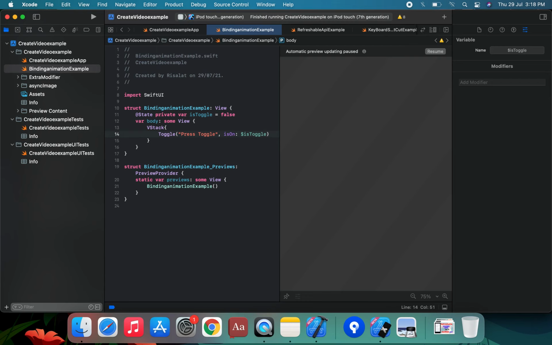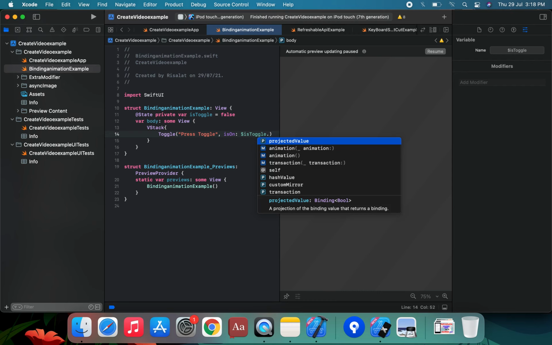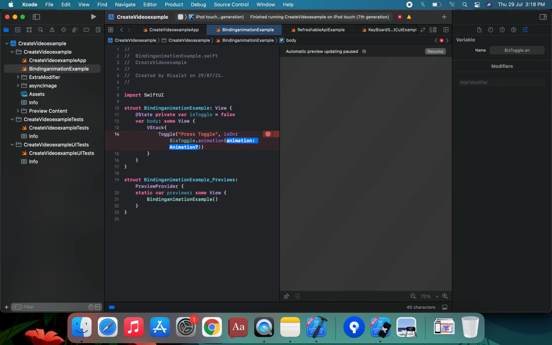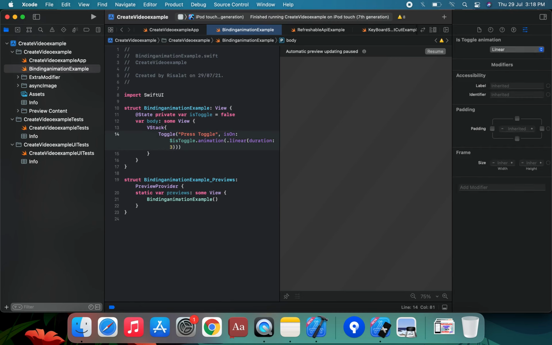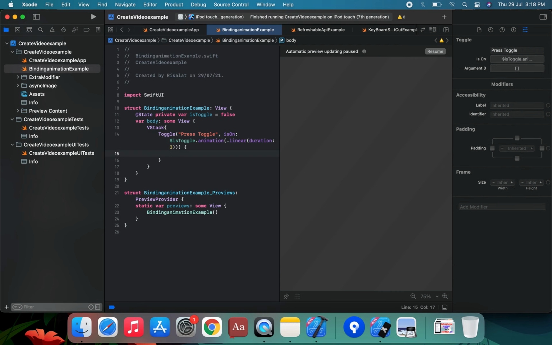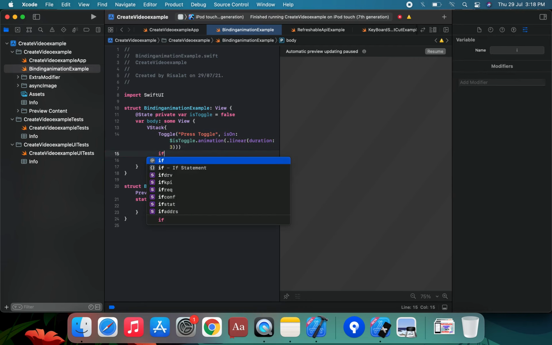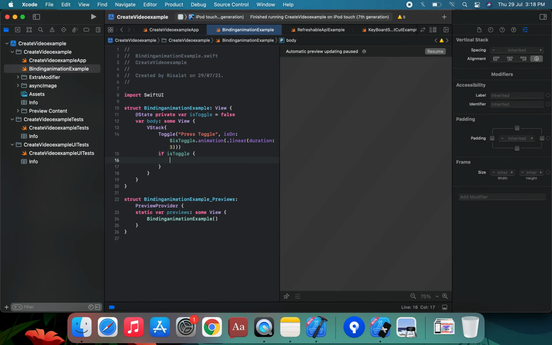And we're going to apply a linear animation. We assign .animation, and for the animation we use .linear, with a duration of 3 seconds. We're not applying it through a lambda here. Then we create a condition: if isToggle is true,